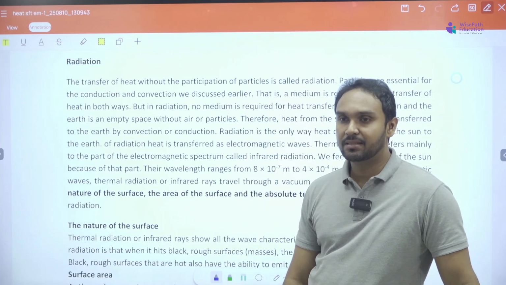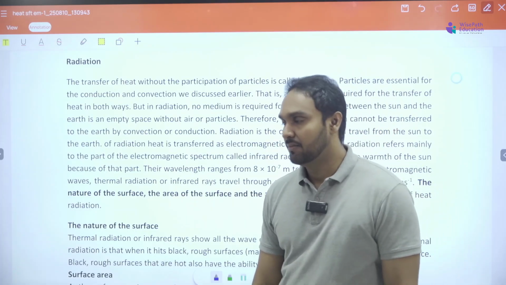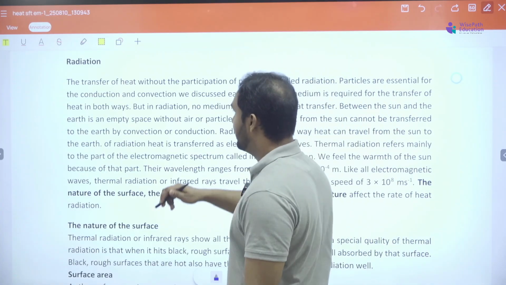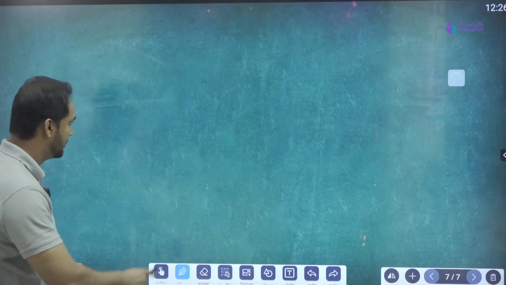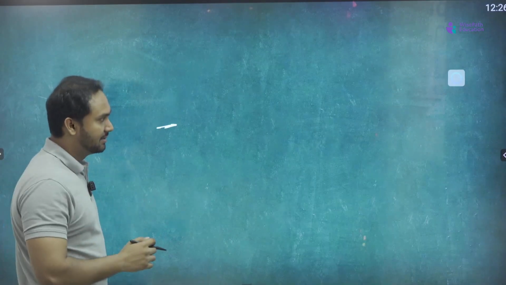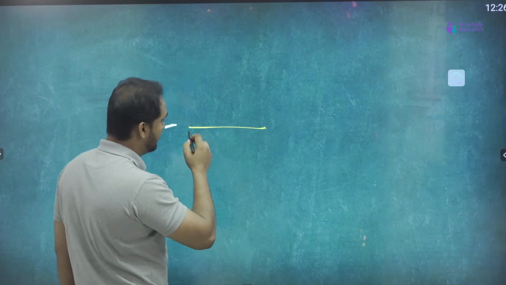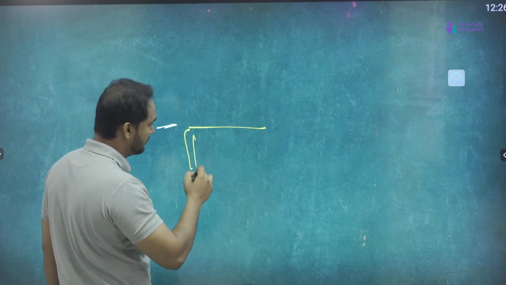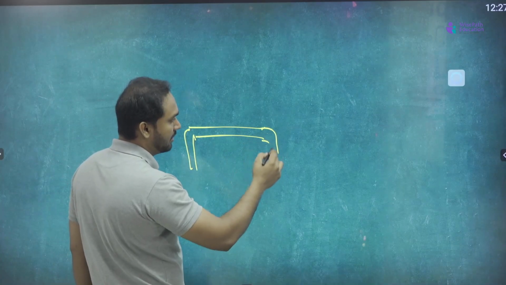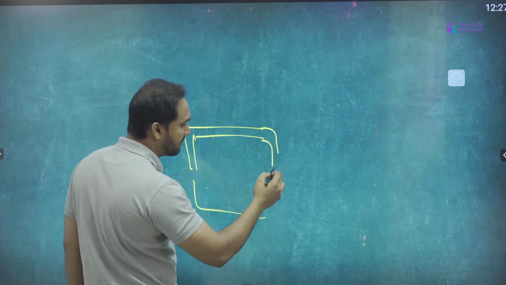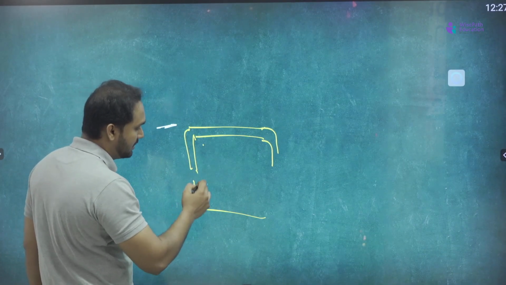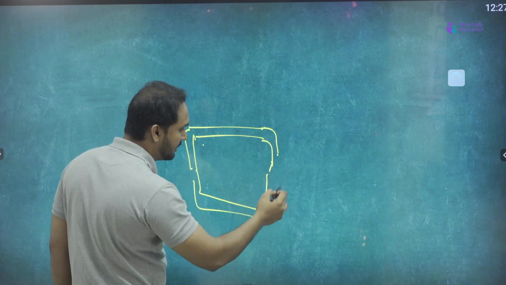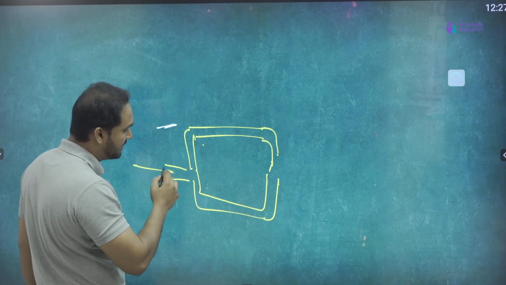Simple example is the radiator of your vehicle, right? What happens in the radiator now? There's a coolant. Have you seen a radiator before? No? You will be seeing it in the future. So there's a coolant system, where the coolant liquid is flowing and it takes the heat from the engine.